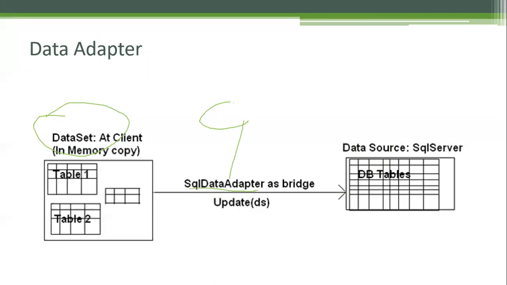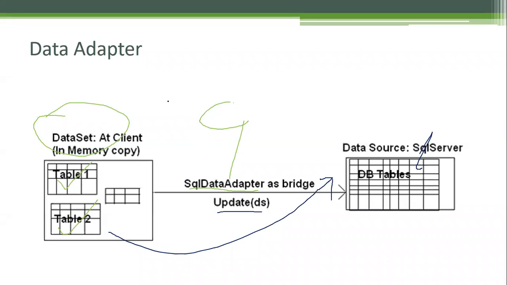So at the client side, which means our C# code, we can perform operations on different tables. We can update, we can delete, we can add new records, and later we can update back into the database. Again, we can update back into the database using data adapter. We have a method called Update. Update command we can use and update. We can use the Update method and update back to the data table or SQL Server DB. Okay. So this is how dataset and data adapter will work.